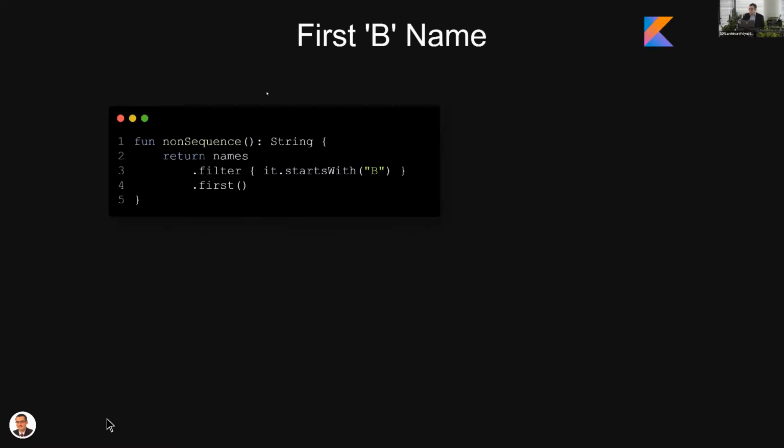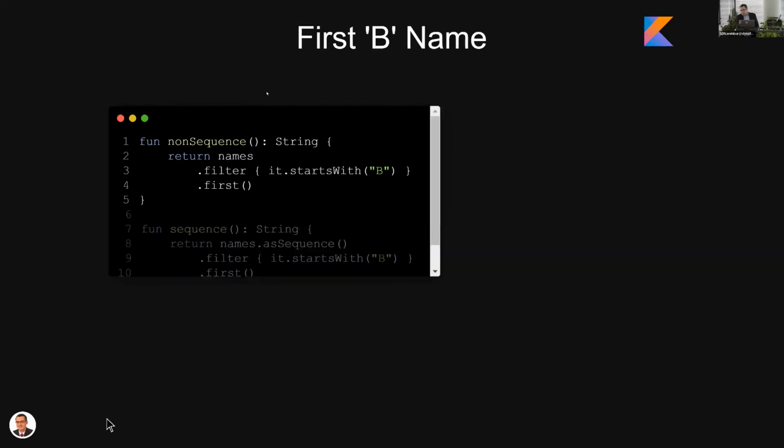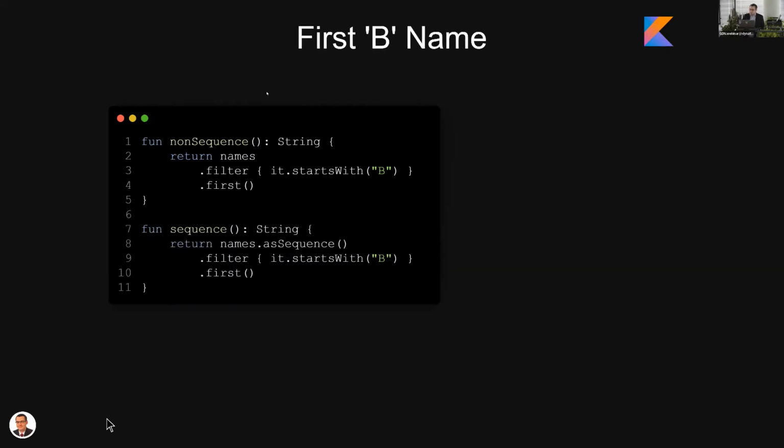I have also another one, also quite simple. The first B name. So the first name that starts with a letter B. In order to do that with Kotlin and the non-sequence approach, we just grab the names, we filter out the ones that start with a B, and we call the first function. That would just give us the first name that's matching the rules that we specified. With sequence, the code looks exactly the same, but we have a sequence call before, and we convert the list of strings to the